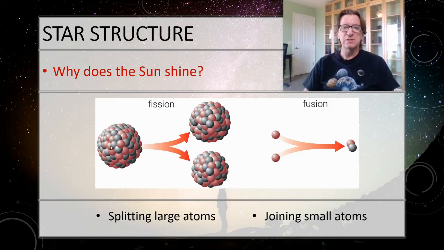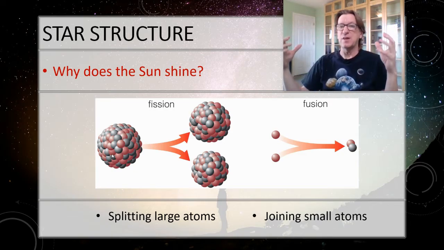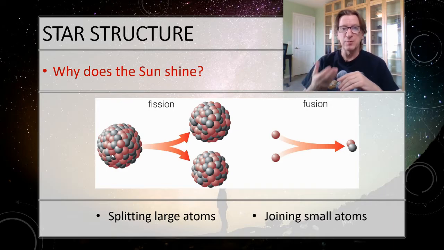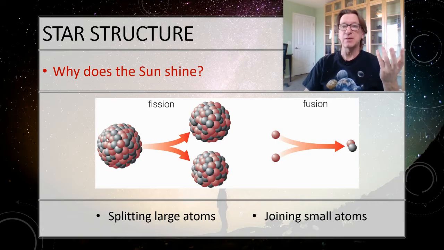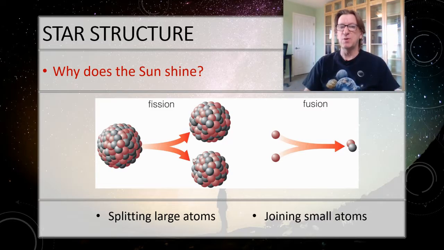But the strong force is pretty much the same size as this nucleus right here. So this neutron over here just barely feels the force from this proton over here, and so on. So this thing is very unstable. It doesn't take anything more than a little kick, and then the atom will actually fly apart. This is nuclear fission. This is how the Palo Verde nuclear power plant, things like that, work. This is a radioactive atom, like uranium. We've got this atom that's very unstable. We give it just a little bit of kick and it breaks into two smaller atoms.